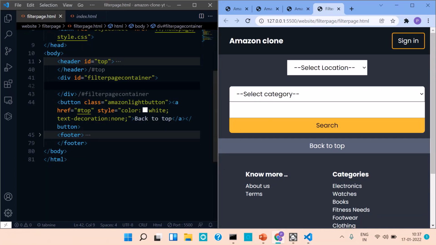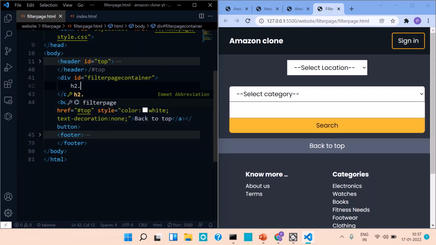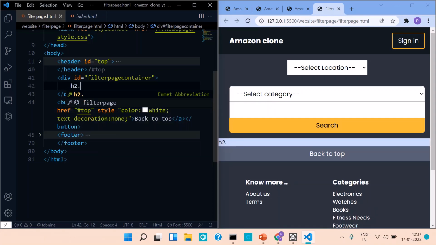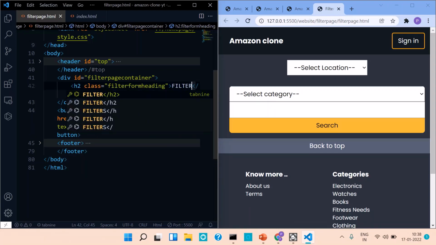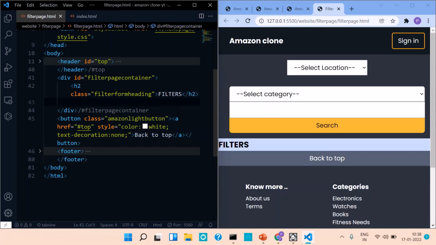Just inside this filter page container, we need one heading. So let us add one h2 tag with class filter form heading. Inside that, let us give it filters. Just after this h2 tag,